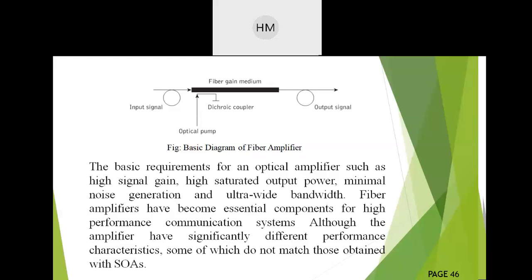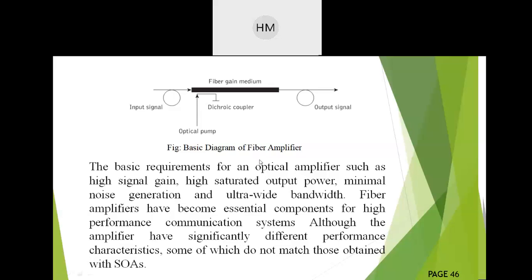So what are the basic requirements of an optical amplifier? In a communication system, you should receive a very high signal gain, wider bandwidth performance, high saturated output power, minimal noise generation. So for all these reasons, we are using optical amplifiers. Fiber amplifiers have become essential components for high performance communication systems. Although the performance of amplifiers differs significantly, some of which do not match those obtained with